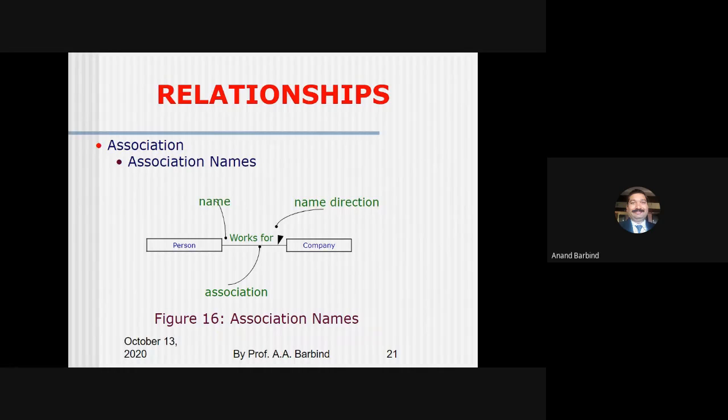Then association has various different things. For example, you can have a name for the association. Here the name given is "works for." So you can read this association between two classes as person works for company. There is a direction in which you need to read the association name, so usually an arrow is represented here. This arrow should have been towards the company. So, person works for